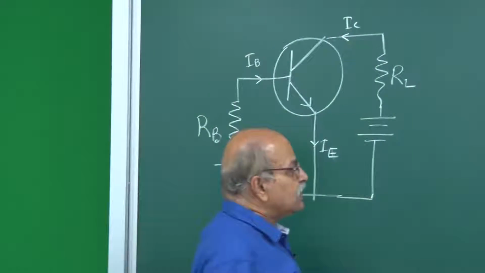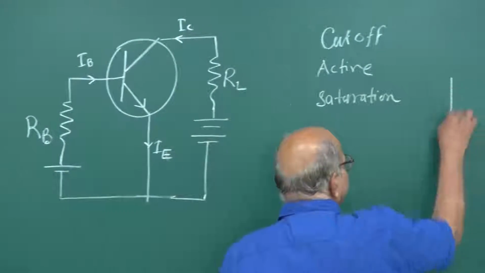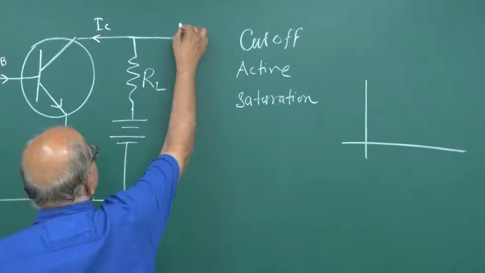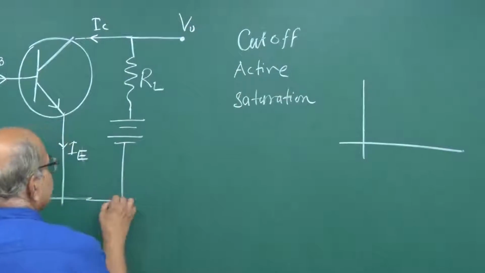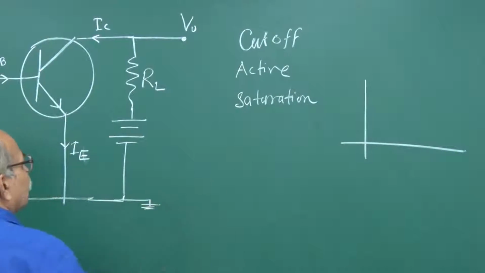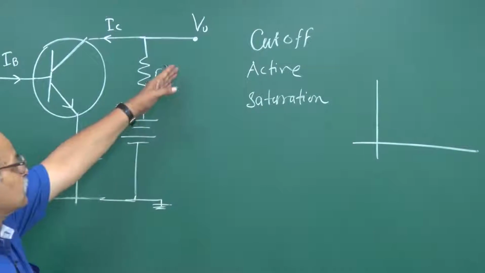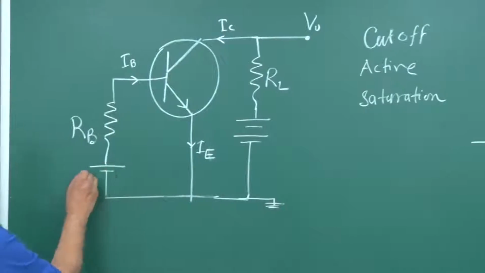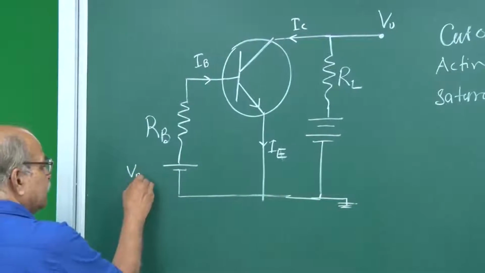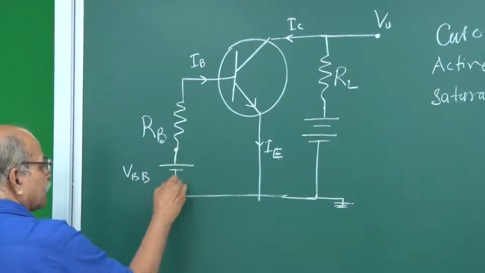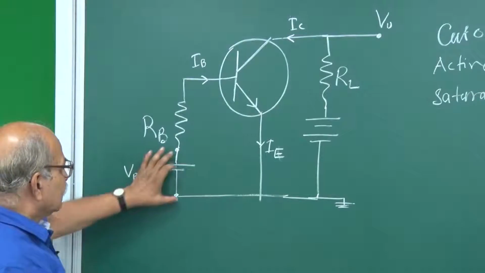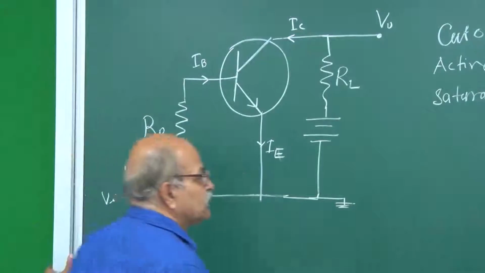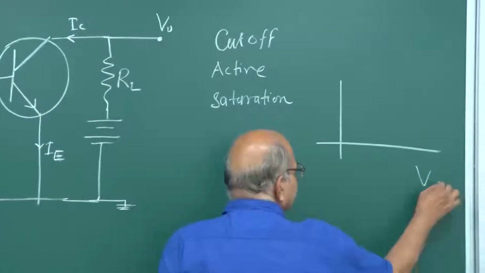So, if you draw a graph of say output voltage, this is our output voltage VO, this is 0 voltage, ground which we call. So, if you draw graph between this output voltage here and this input voltage here that you are applying, VBB, which you can call VI, input volt. So, if you plot this graph here,